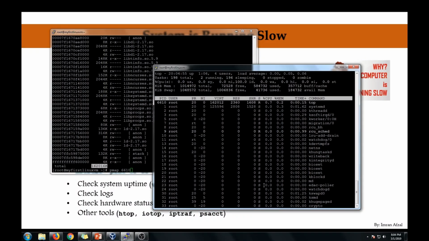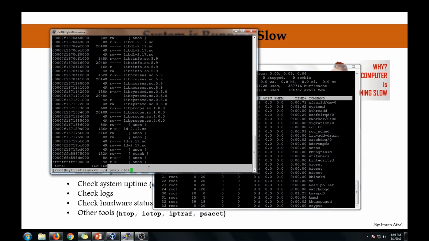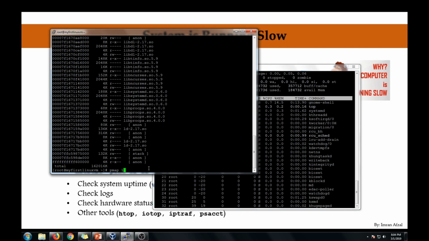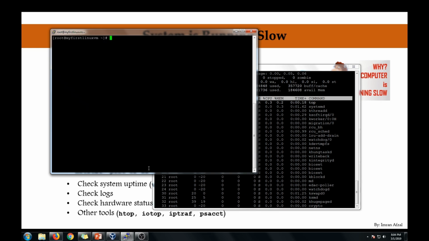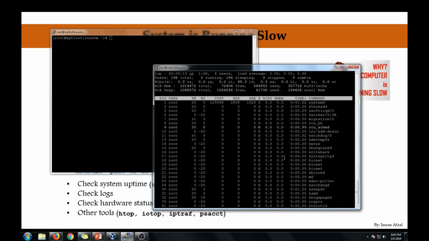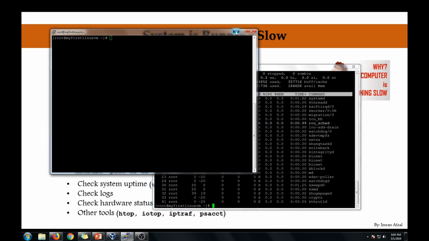You could also find out about another process if you want to know, let's say process ID 1. This one actually gives you the process information, the memory information of one particular process. Instead of going around and finding out about every process, you could check it over here. Okay, so